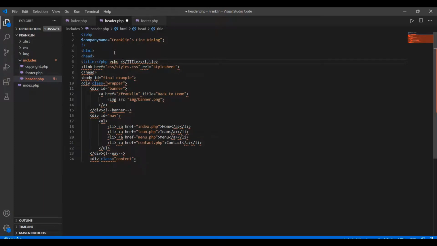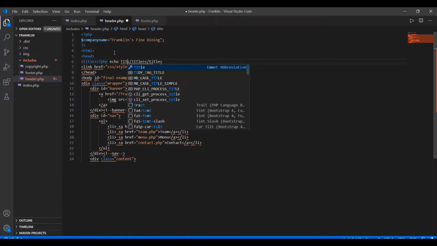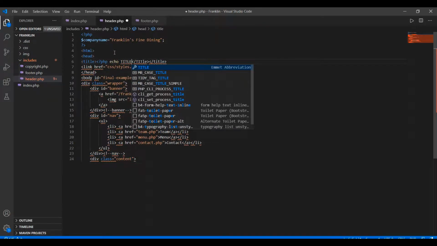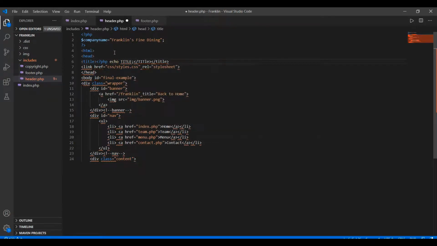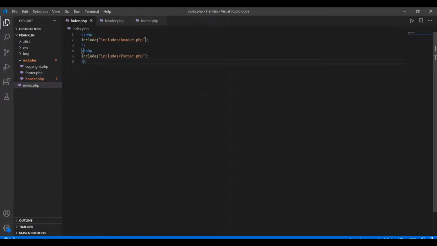Echo title, then put the semicolon here. You have to give the title like this, put the semicolon and close the PHP tag.